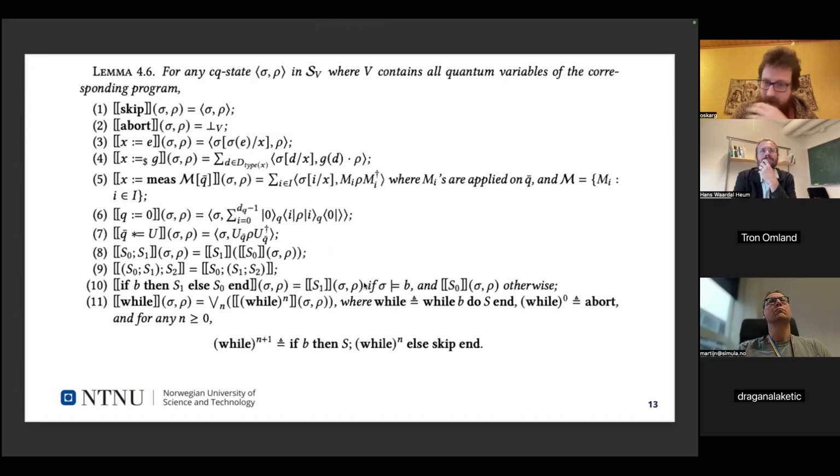Yeah, and then they have this huge, larger language where they add assignment of quantum variables, where they are resetting the quantum variables to 0. They have multiplication by some unitary matrix, and they have measurement, which is what they add beyond what's in the probabilistic case.